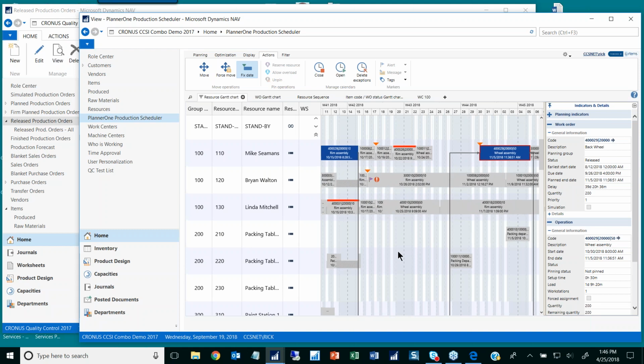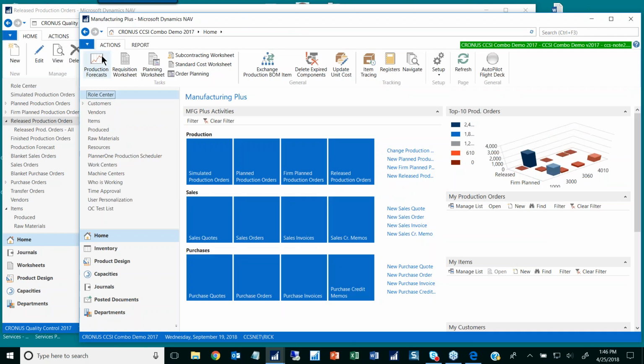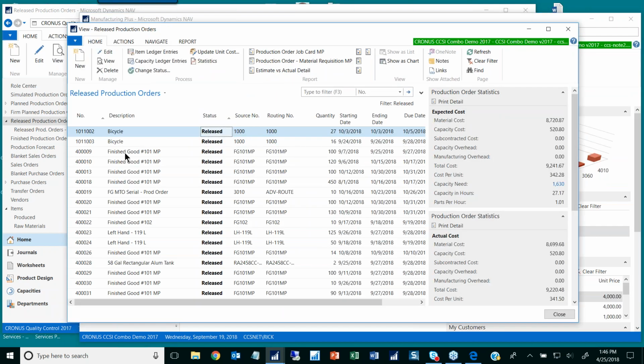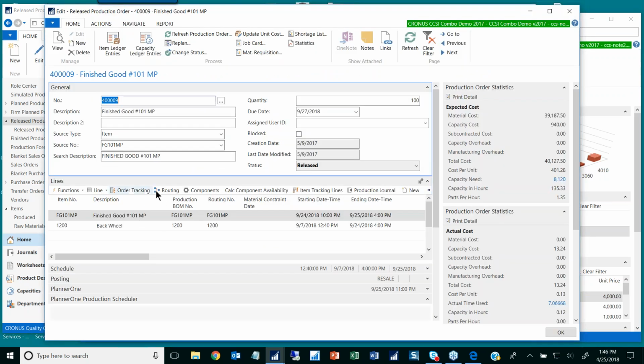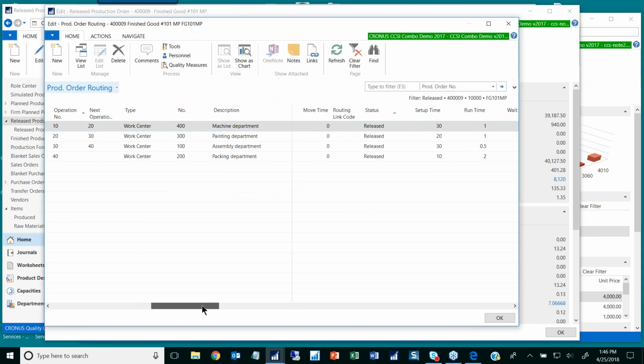So these are all the things that you can do, and it's all tied back to what you have on your production order. So you're already doing this. You're already setting up a production order, or at least you should. Okay, you have a production order. You've already got a routing. So this is in here. The dates are there. The work centers are there. Everything is there that the scheduling tool needs to take this data and display it visually instead of tabular view